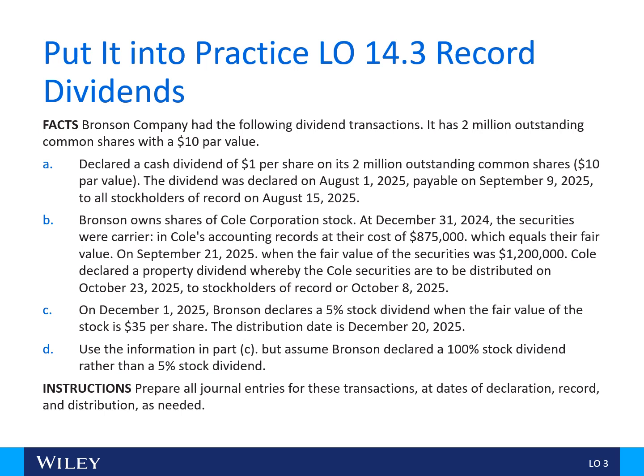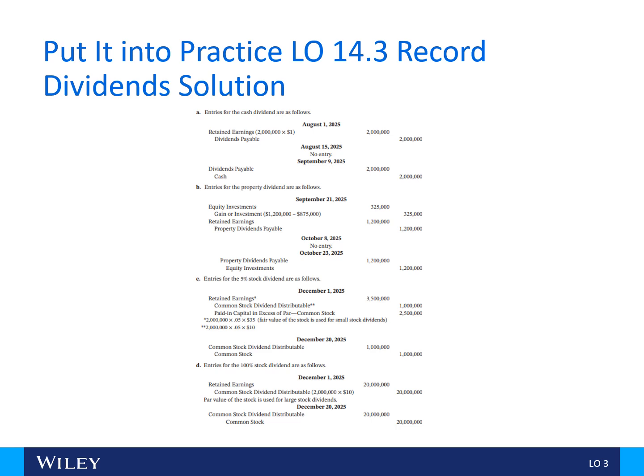It's an example of a company that paid the cash dividend and also had a stock dividend declared, a 5% stock dividend, and then a 100% stock dividend, and so forth. All the information we've been seeing in the last few slides is included here, and it's asking you for the journal entries. Take a look at this on your own time. You will see examples of these types of questions on the quiz, in the homework, and on the exam. And here's what the entries look like.